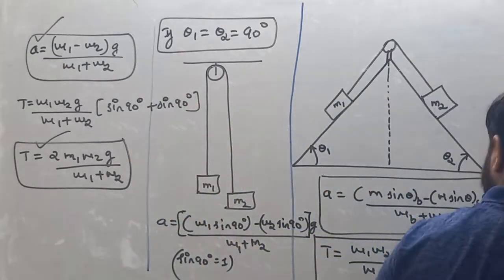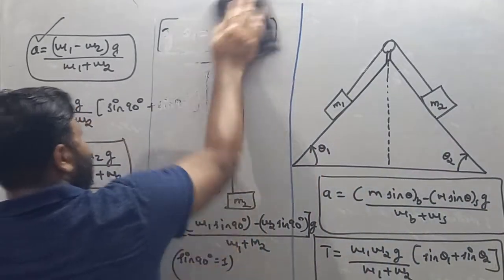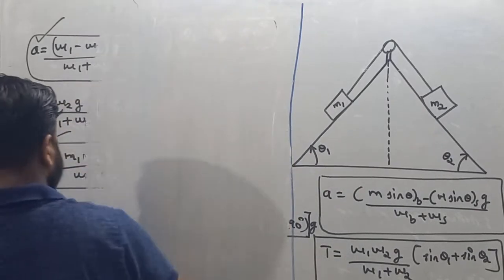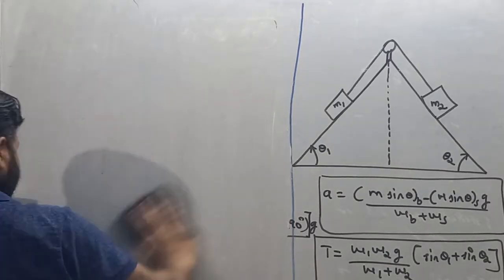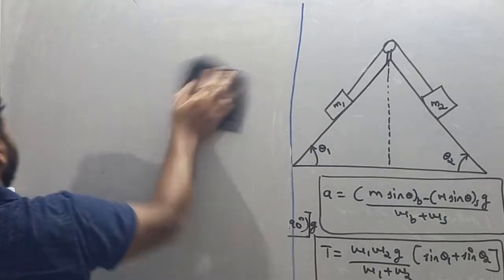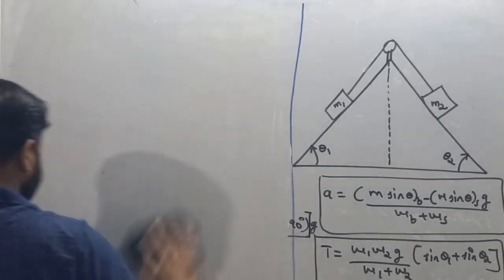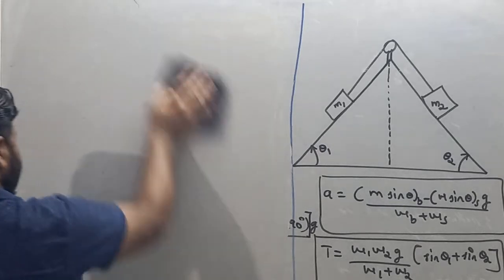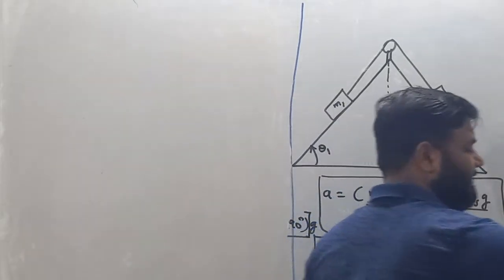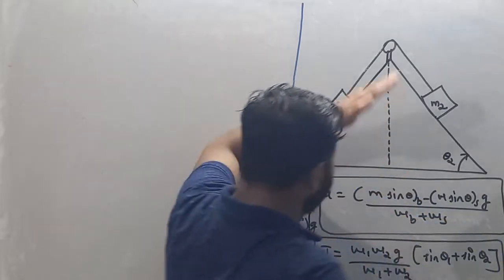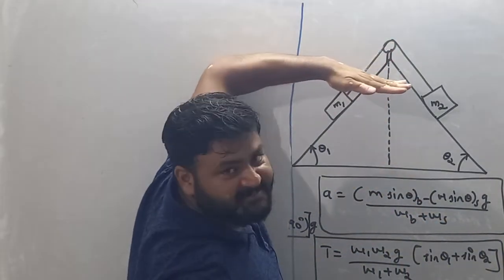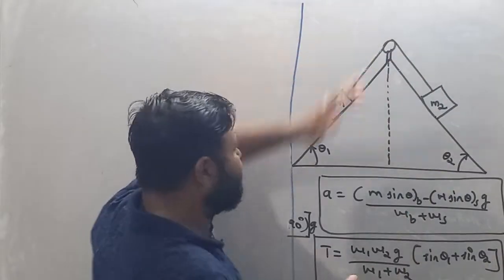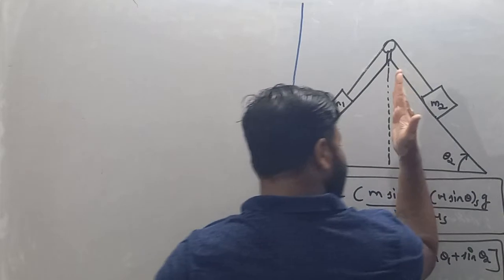Let's suppose I'm making a new structure. Try to understand, my dear student. It's a very easy, very interesting chapter. If you are confident with all the topics, then this chapter is very important, very interesting and very easy. Free body diagram is very important in this chapter. Now see, if this line becomes like this, then this line is parallel to this axis, so it will be 0 degree, and this line becomes like this, so 90.